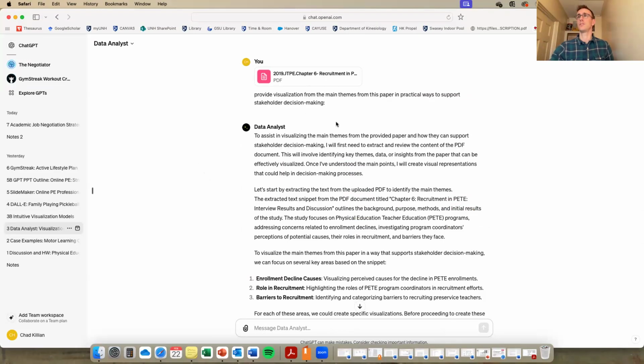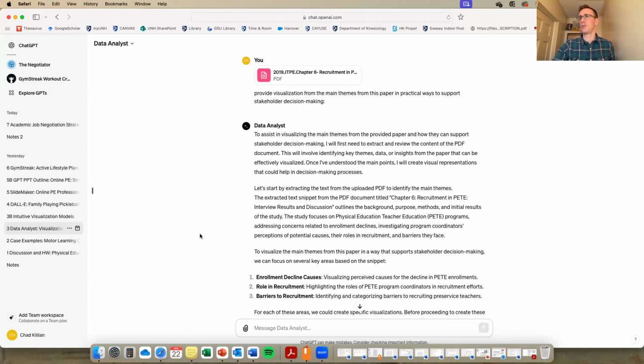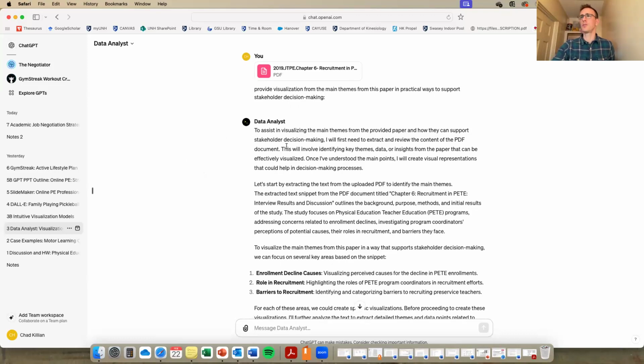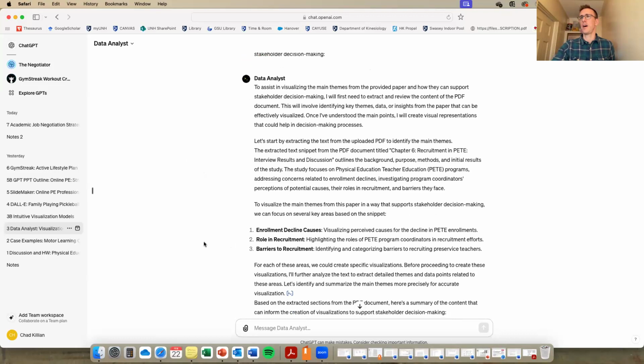This was a qualitative paper that interviewed PEAT coordinators about recruitment in PEAT. The analyst spits this out. I asked it to visualize the main themes from this paper and practical ways to support stakeholder decision-making. So it summarizes the output.